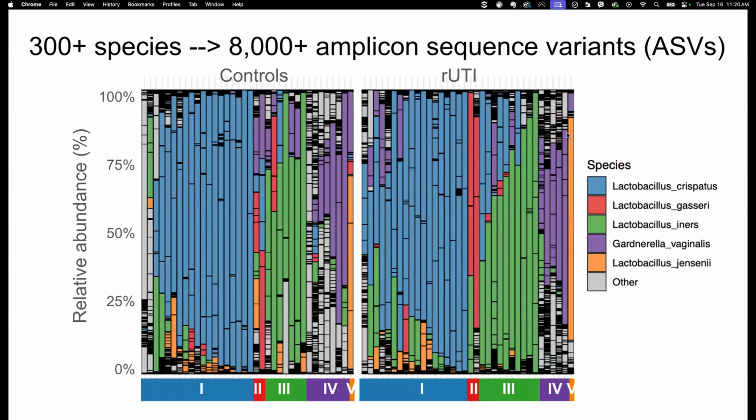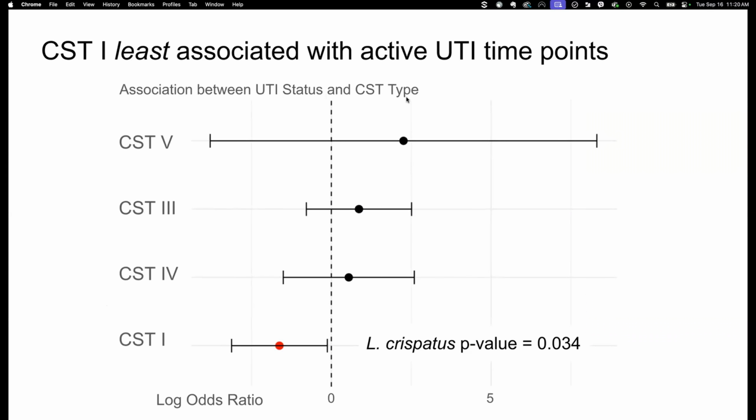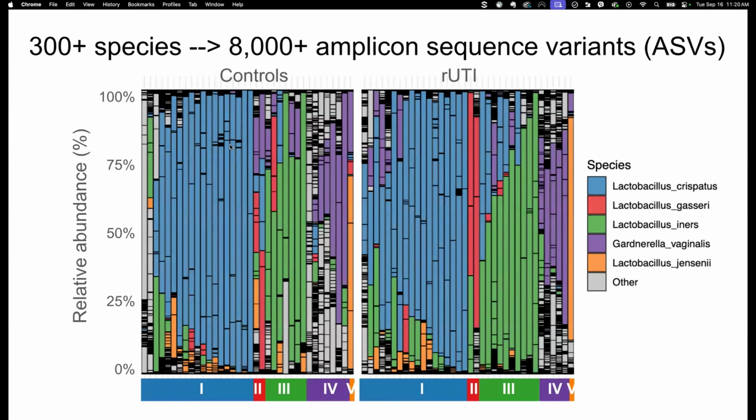So instead of a species, it's really getting to the level of a subspecies. And here, what I'm showing is, for each of the species that we can observe across our individuals, Joseph has now delineated with these tick marks where a particular ASV begins and ends. You see, it gives us a lot more complexity in drilling down into what these organisms really are. And so we've gone from about 300 species across all of our data sets to